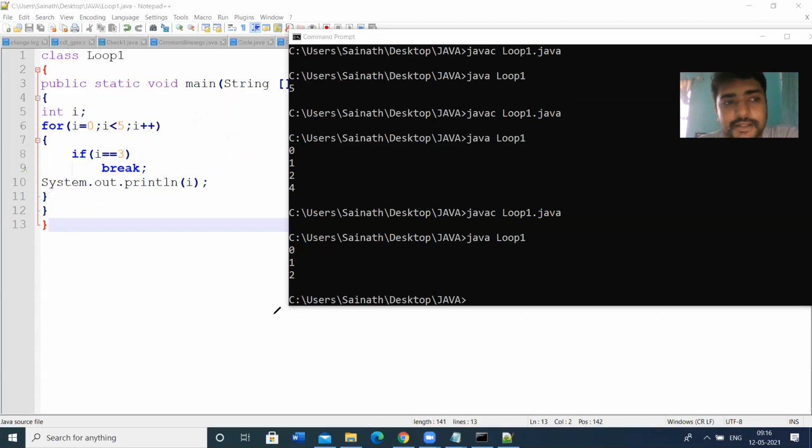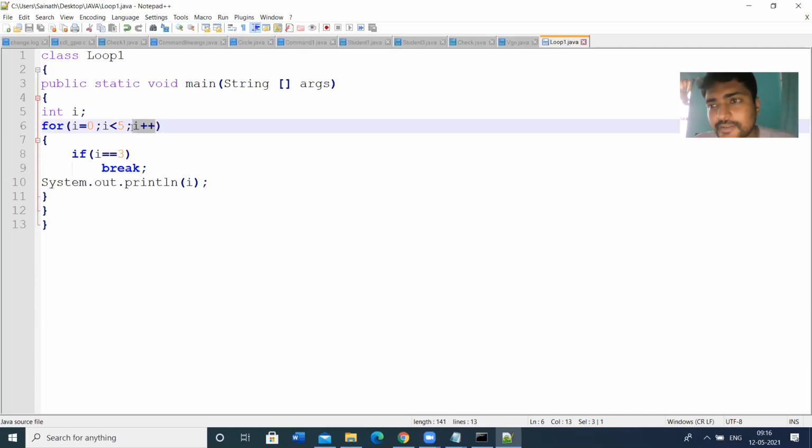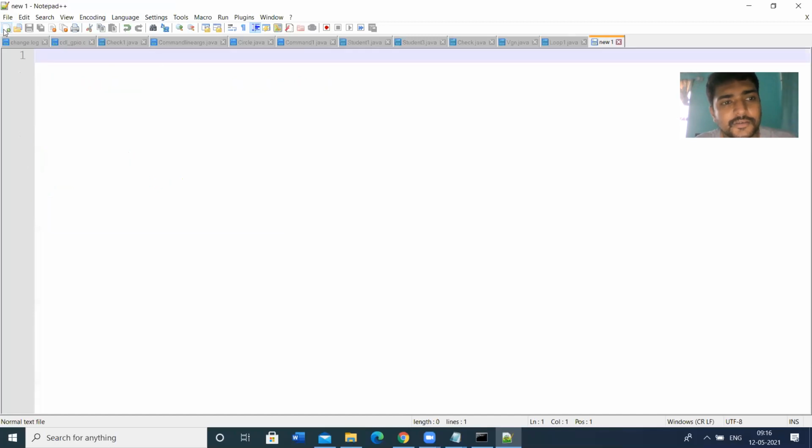Then let us see the for each loop. For each loop also, in the arrays, we can see the for each loop. So here also let us make this. The for each loop is very important. It has some advantages as well as disadvantages. Only forward looping can be done, only i plus plus can be done. So let us take one example.